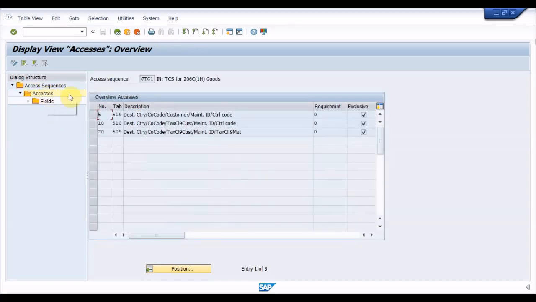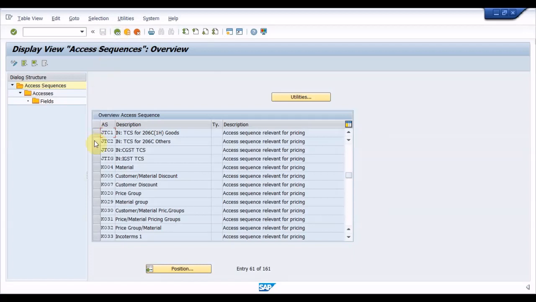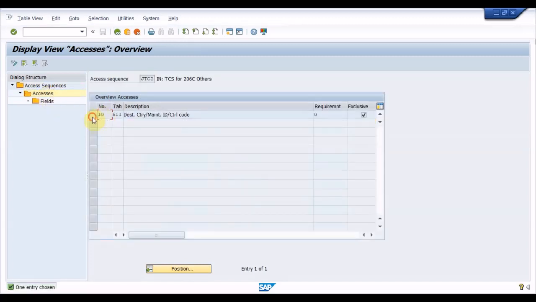For the JTC1 access sequence, assign the condition table 3 in first place in the sequence and then condition table 1. For the JTC2 access sequence, assign the condition table 4 in first place in the sequence and then condition table 2.